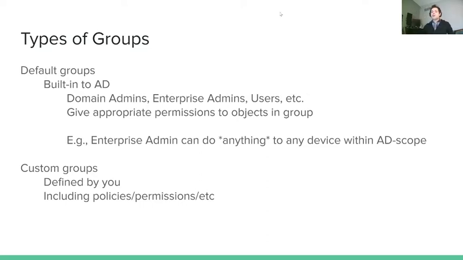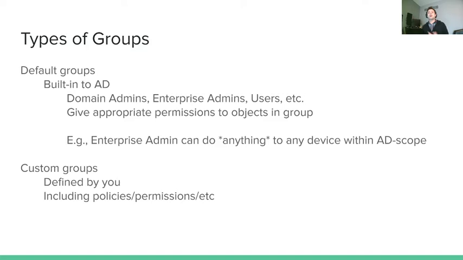Okay, so we also have some default groups too with Active Directory. You can define custom groups. You can create a group in Active Directory and do all of that fun stuff. But we also have these built-in ones, and domain admins is one that I just showed you. We also have enterprise admins, schema admins. Basically, each of these groups of users has a default set of permissions with what they can do. For instance, if you're an enterprise admin, like I've got right here, you can do anything within the scope of the Active Directory domain, or the forest, sorry. So I am an enterprise admin. I have kind of carte blanche to do whatever I want, right?